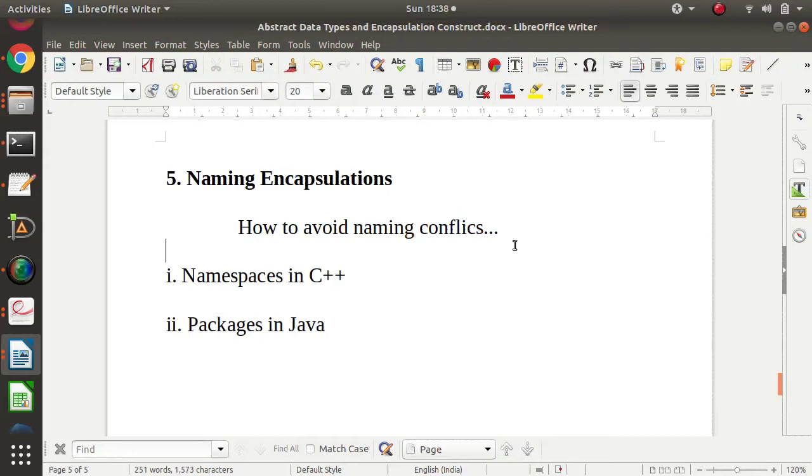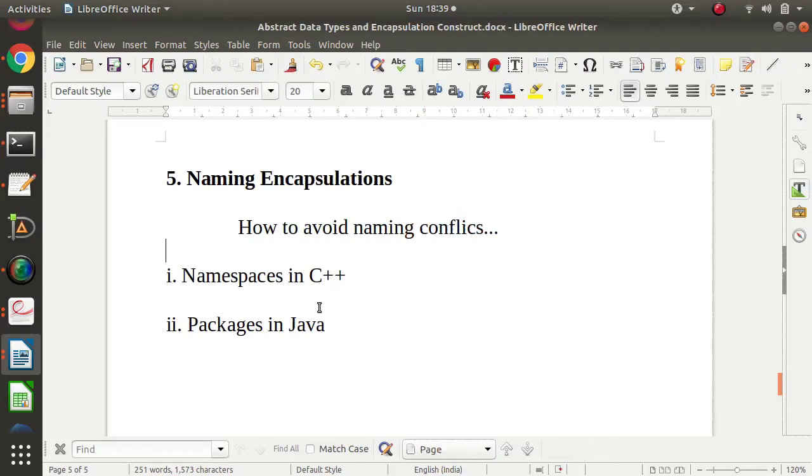The programmers who are working on the libraries are different, so we do not know what variables they have used. When we use those libraries, there are chances that there will be a naming conflict. So how to avoid such kind of naming conflicts?